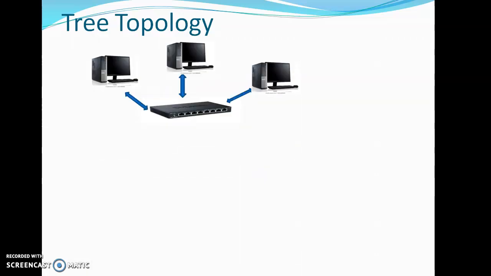Next one here is the tree topology. Your tree topology here combines the features of your star topology as well as that of the linear or the bus topology. So see here what you have in your star topology. You have a hub which is a central body. Now connected to this hub you have all the other devices. Right. So this is one local area network, or this is one network.